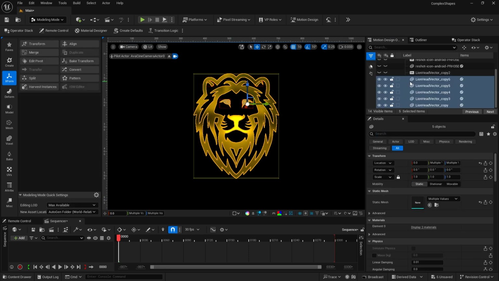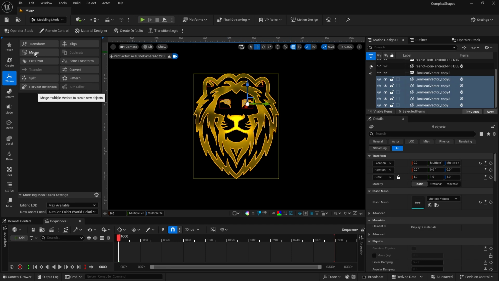And now it has broken out the 5 different pieces for this. So if we do want all of these together, there's a couple of options we have to group them together. In modeling mode, it gives us the option to merge all of these, and I'm actually going to come back and merge them in just a moment. And our other option is to wrap all of these up into a null object. Like I said, I'm going to merge all of them,